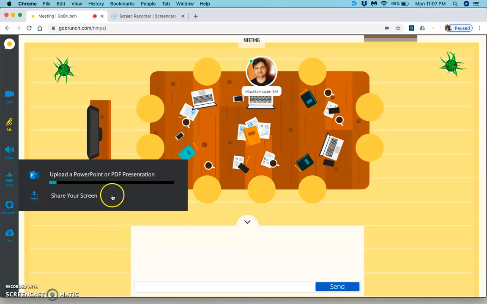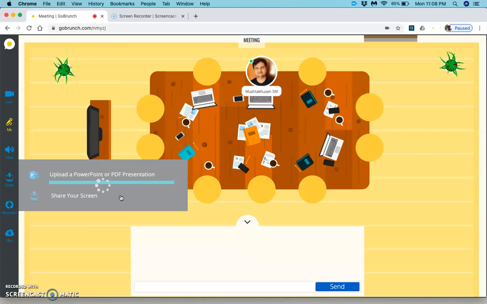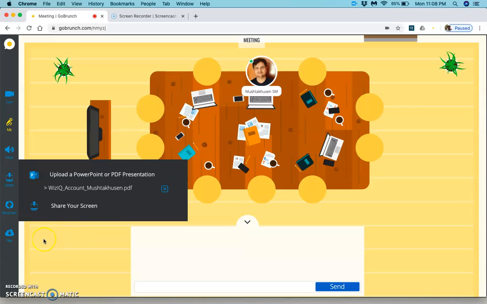So it will get uploaded over here. It might take a few seconds to get uploaded. Again, it depends on the file size. If the file size is say 5 MB, 10 MB or a little bigger, again it depends on the configuration of your system too, but it might take a few seconds. Now the file is ready to share in the form of screen. Now our file is ready.